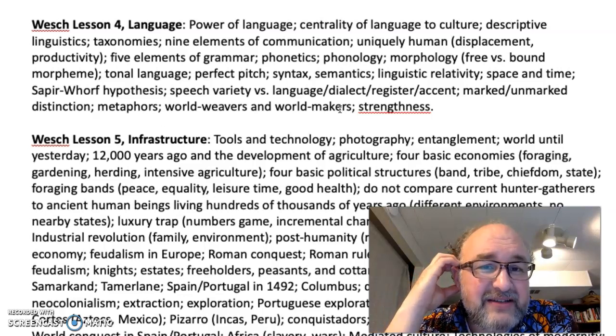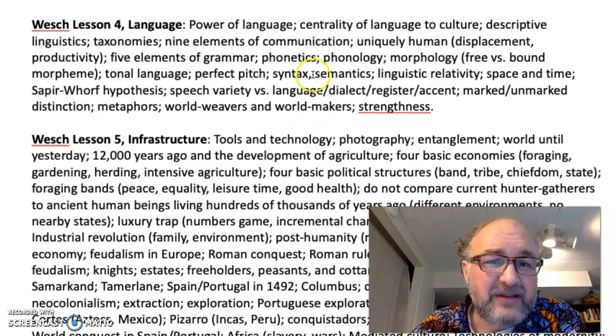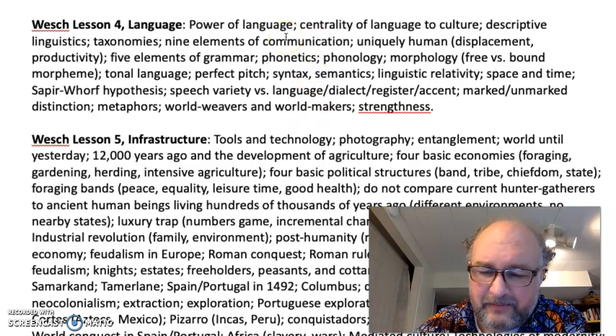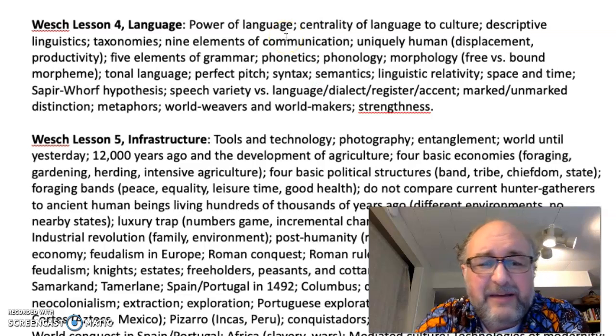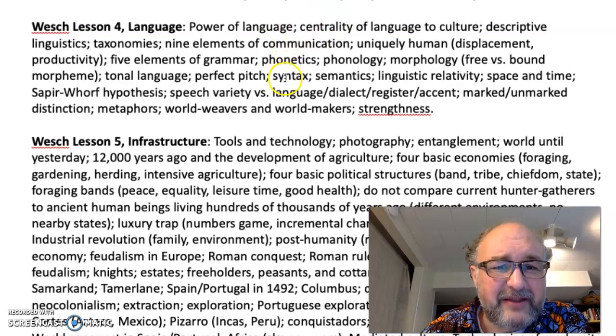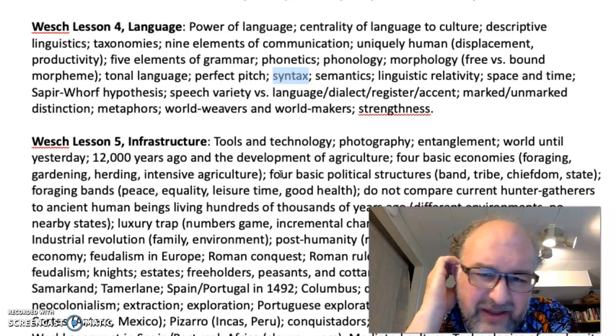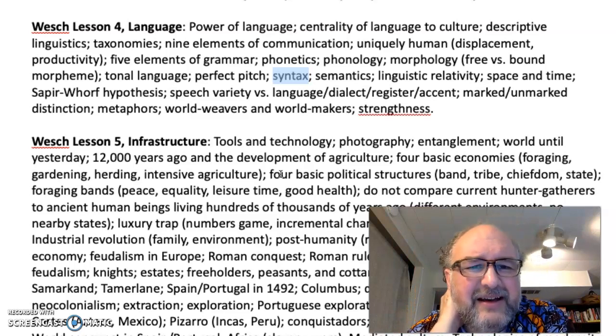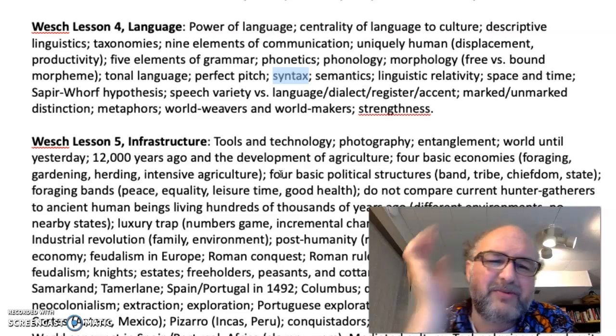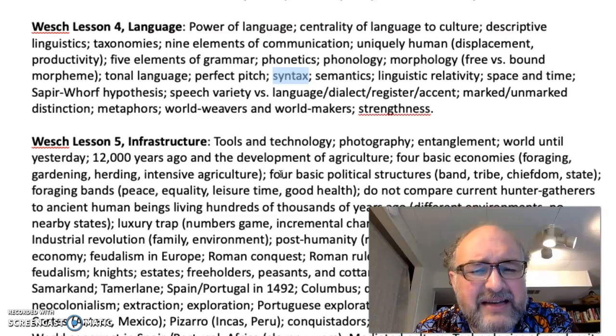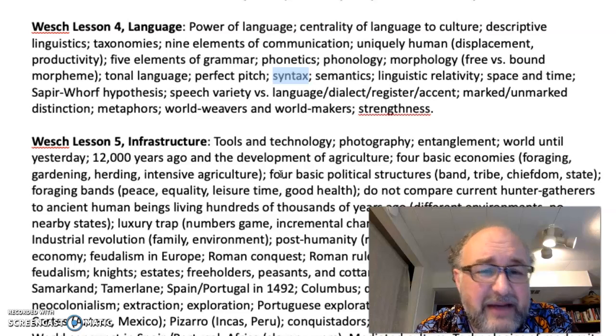Syntax is the 4th. Syntax is when we put these words in a sequence, and that makes sentences. That's where we typically think of grammar as beginning in grade school, right, with nouns and parts of speech and all that good stuff, subjects and predicates. But grammar is much bigger in descriptive linguistics. So syntax has to do with the order that words come in, which determines what their part of speech is, whether they're a noun or a verb or an adjective or an adverb. Syntax, sentence, right? It's the same sort of root there.